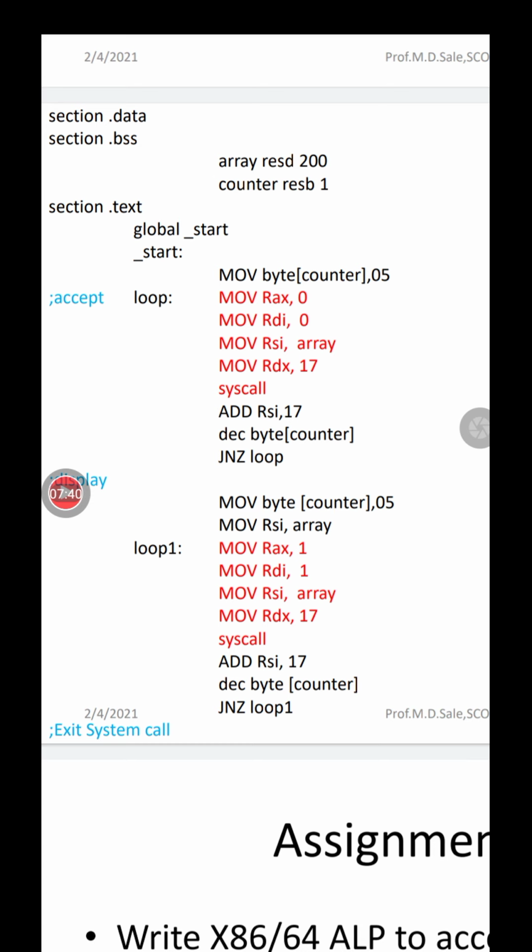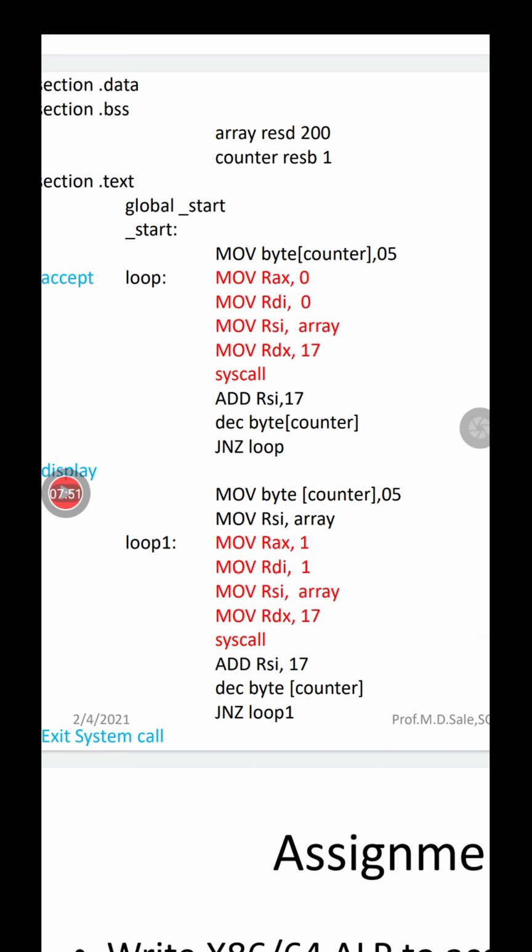So already we have stored one number. For that purpose, we will decrement this particular counter. So 5 will be decremented by 1, so it will become 4. In the counter, 4 is remaining. Now we will check whether this counter is 0, because we have to carry out this procedure 5 times, or whatever value we have loaded in the counter, that many times we have to continue this process. So how can we check this?